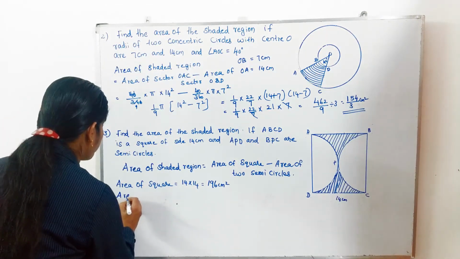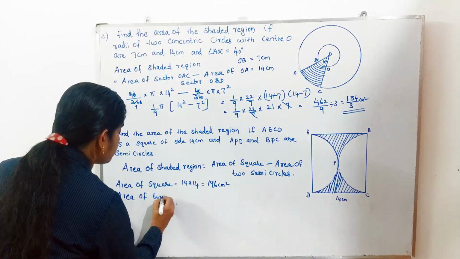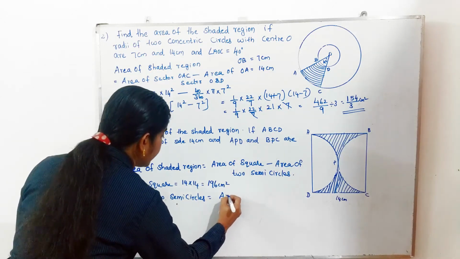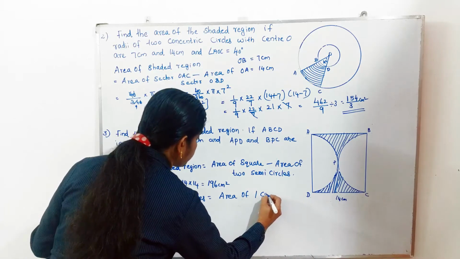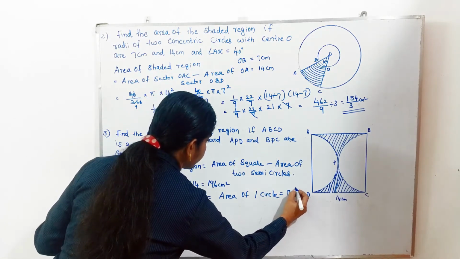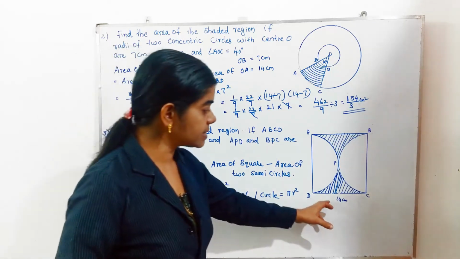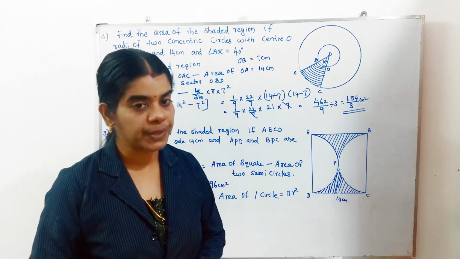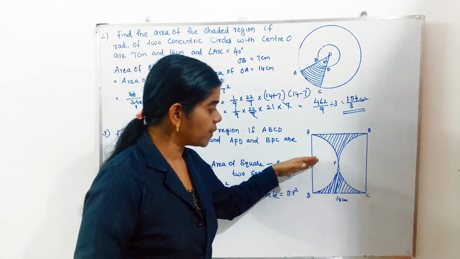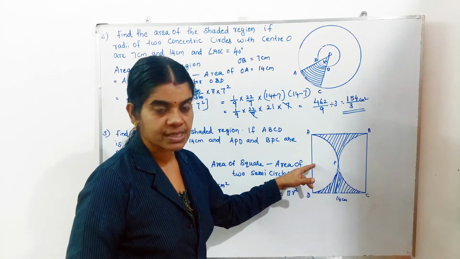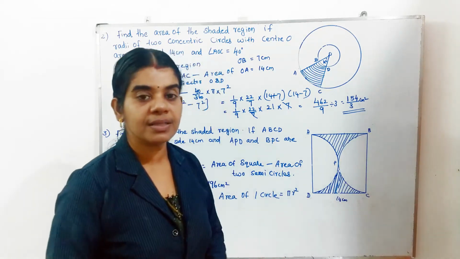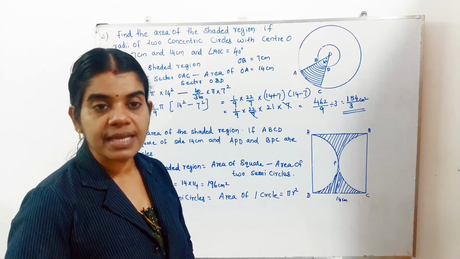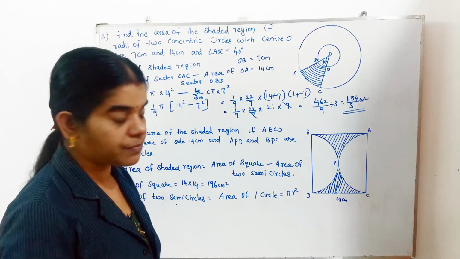Next we can find out the area of two semicircles equal to area of one circle, that is equal to pi r square. Square side is equal to 14 centimeter. So here full 14. So here to here will be the radius of the one semicircle. This will be the radius of the other semicircle. Semicircle's radius will be 7 centimeter. Half of 14, 14 by 2.